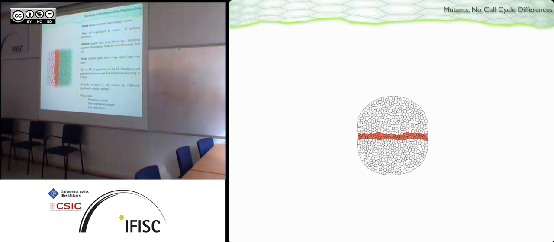It's a receptor that becomes activated when a neighboring cell has a ligand on its cell surface, and this receptor and the ligand combine, and this creates what is called the activation of Notch. And this activation of the receptor produces other genes. In particular, one of the genes that is produced is called Wingless, that is the morphogen that I was talking about. This is the quantity that is involved in providing this positional information to